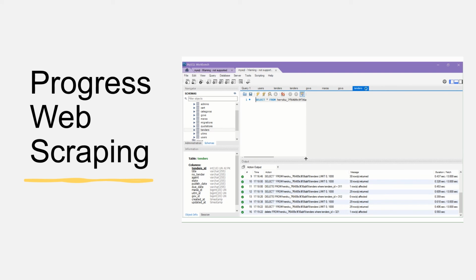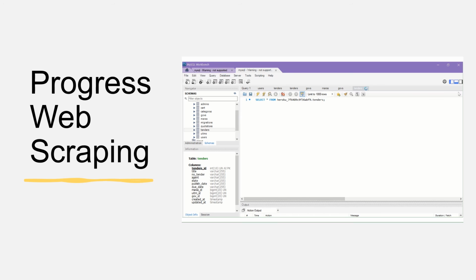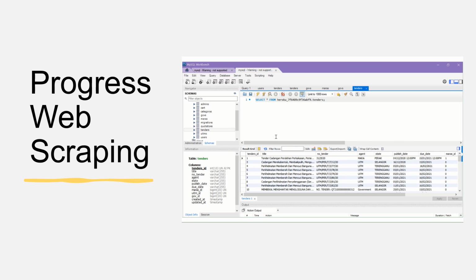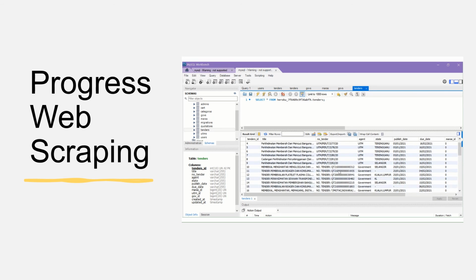For this one I will be using MySQL Workbench for my database. So we want to see the database. Okay, the data was successfully inserted, but here we can see that the column state doesn't have a value, because this time we scraped the basic attributes that the 3 websites have. For state, I put it in manually. Okay, that's all for scraping.